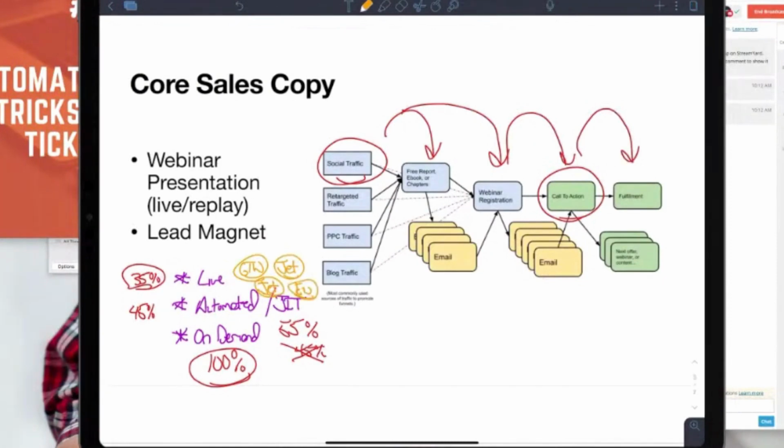Although we haven't really been using EverWebinar all that much lately, because we've been doing on demand, and on demand literally is pages. So you don't need any fancy webinar tools or software for on demand. It's a webinar registration page, a webinar room page, a webinar replay page, and the videos just kick on whenever somebody starts. You can also do the just in time webinars